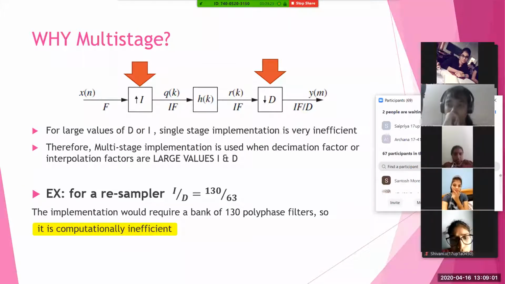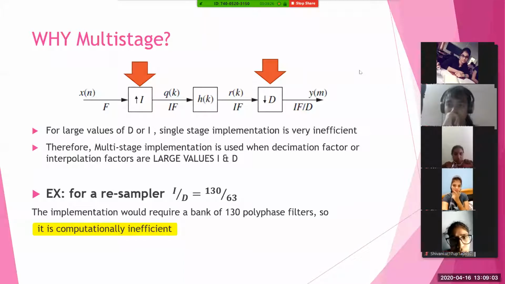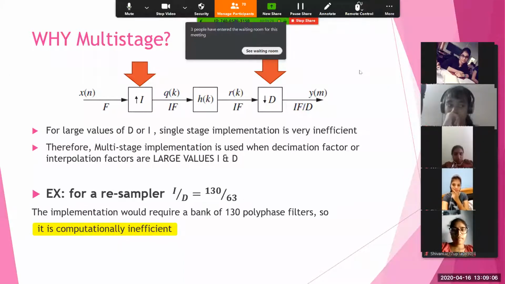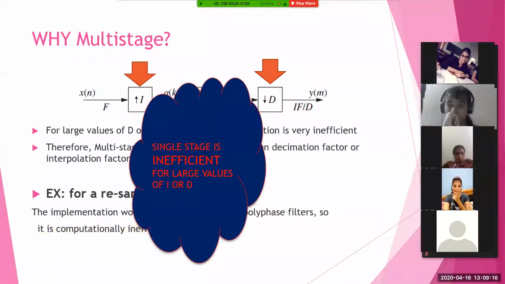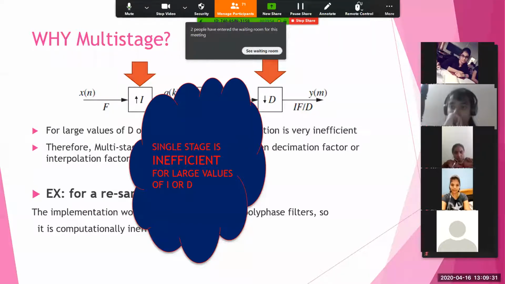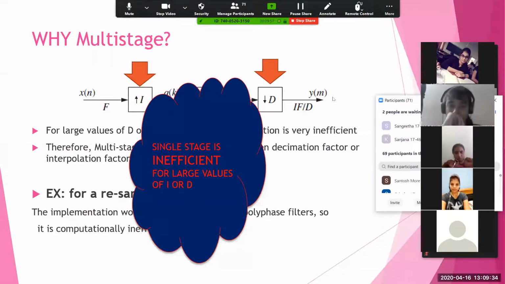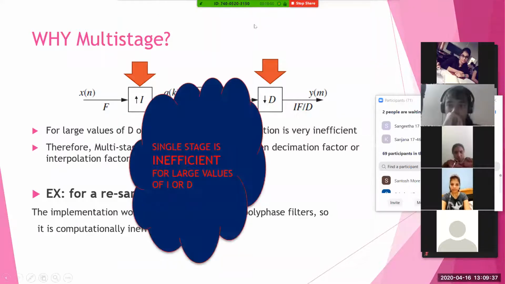So to increase the computational efficiency, once again I would like to re-emphasize that for large values of I or D, single stage implementation of decimators or interpolators is a very inefficient method. So that's why we are going for this